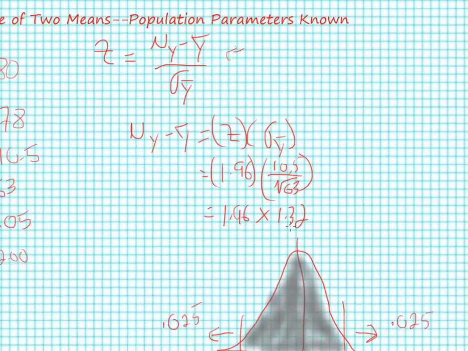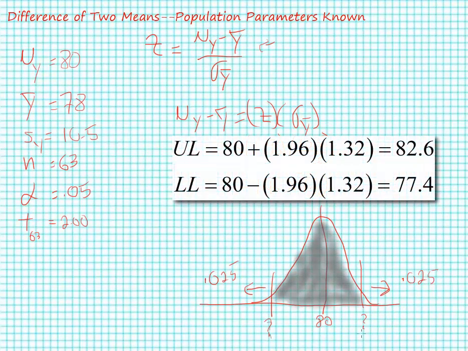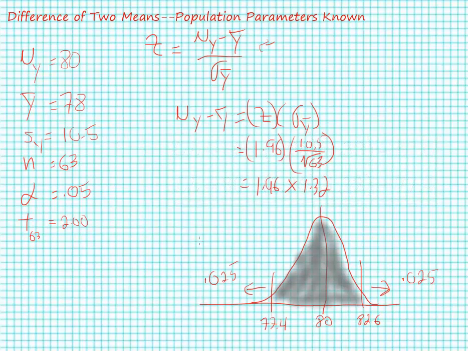When I solve for that, and I add that to 80, I find out I get an upper limit here of approximately 82.6 and a lower limit of approximately 77.4. That is to say, 95% of the sampling distribution falls between approximately 77.4 and 82.6, and approximately 5% lies